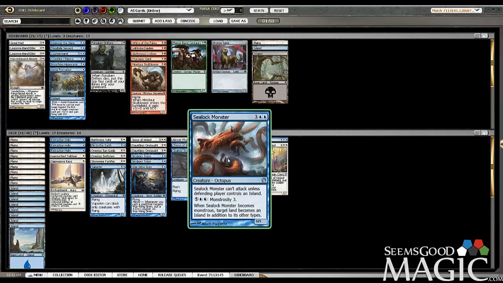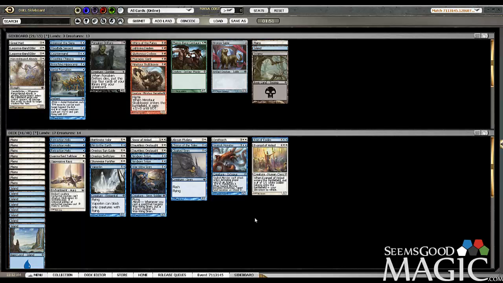God, Sealock Monster did so much work that game. So much work was done by that card. I'm at a loss here. I actually don't know what to cut. Maybe Evangel again. I hate lightening our creature count, but